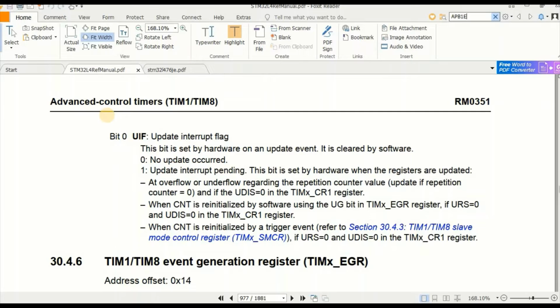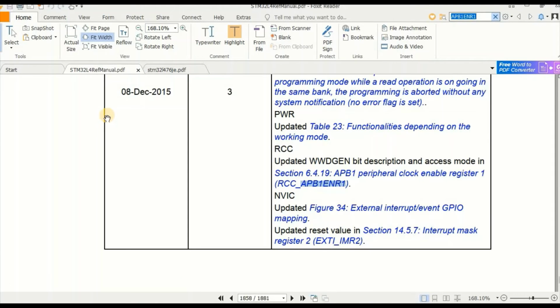It is searching. This is not the register we want, so let's search for it again.